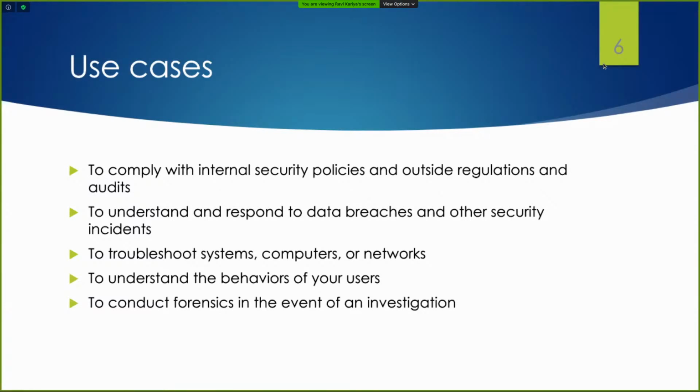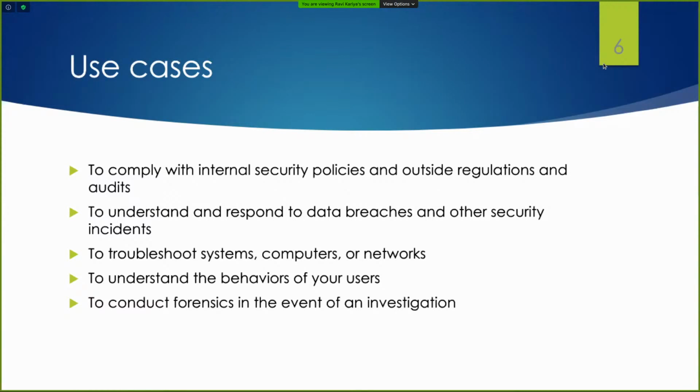This data has many valuable applications: to meet compliance and audit regulations, because logging details are important for compliance; to understand the response to data breaches and other security incidents; to troubleshoot issues, like why a particular error happened; to understand the behavior of users; and to conduct forensics in the event of an investigation, which comes under system logs.